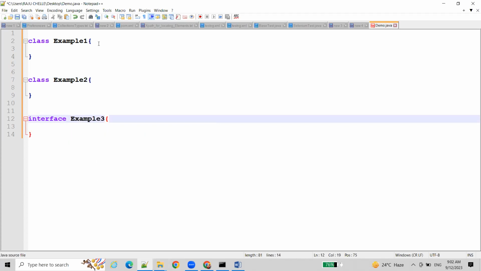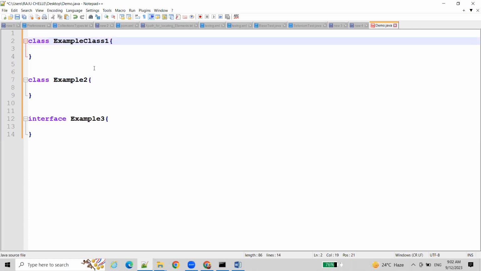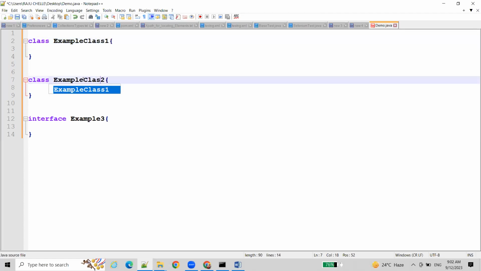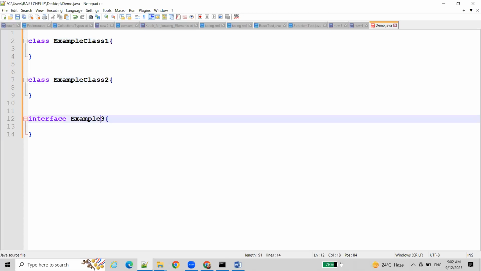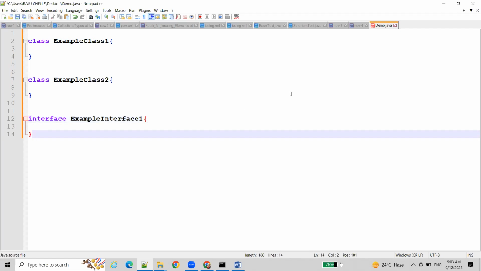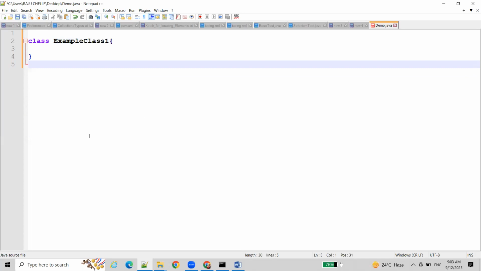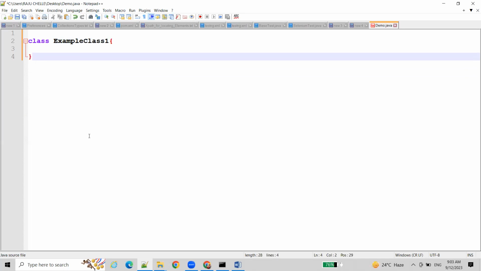Okay, to make it very clear, what I do is example class 1, example class 2. Similarly, example interface, I can give the name interface. As of now, first we discuss one block. If you want to start your Java programming, you have to create any of these 3 blocks: class, interface, or enum. Once you create this class,